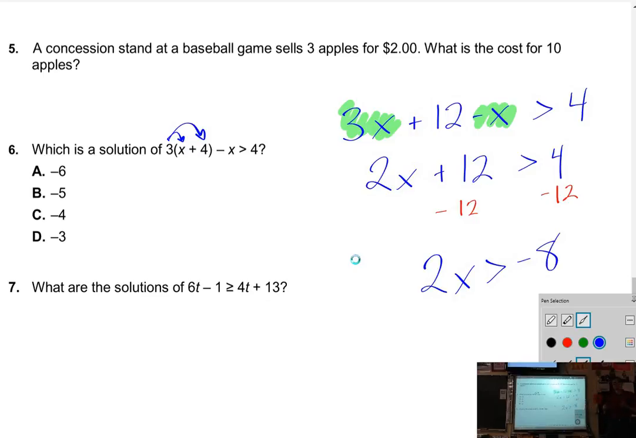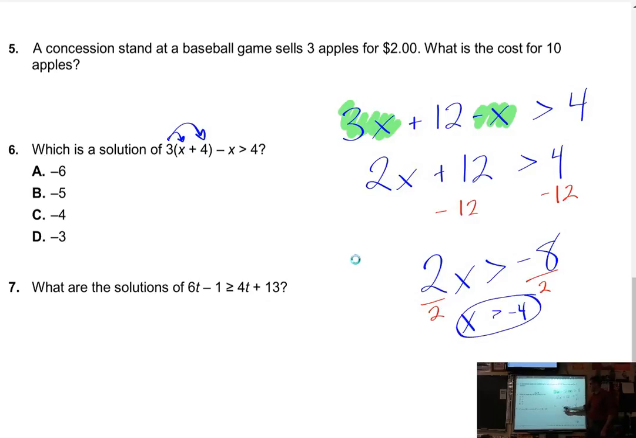This is where people make their mistakes. We've got a negative number involved here. However, my variable value is positive. So when I go to isolate the variable, I'm dividing by a positive 2. In an inequality, if I divided by a negative, which I'm not here, my inequality symbol would have to flip. I'm not dividing by a negative here, so my inequality does not flip, and I get x is greater than